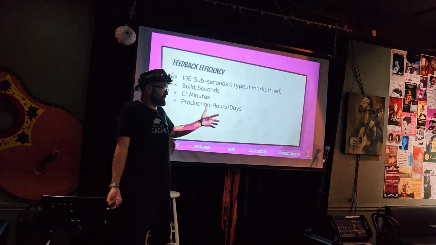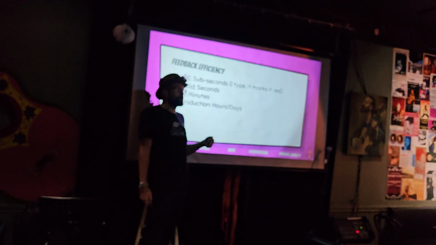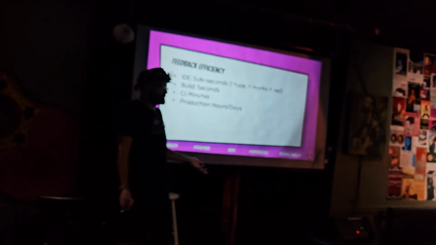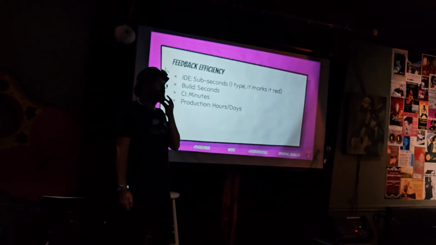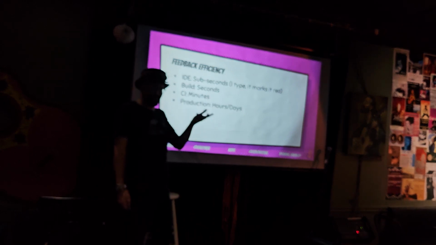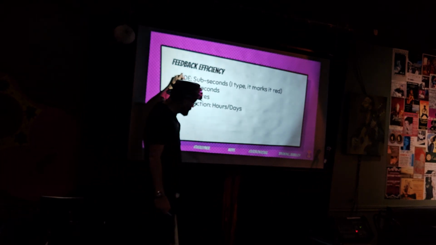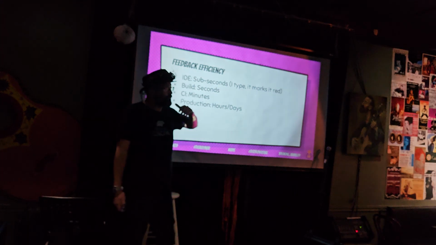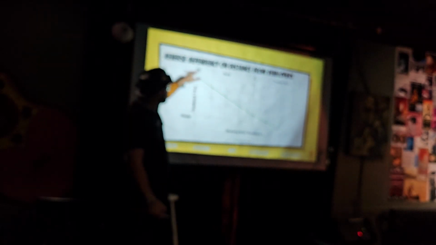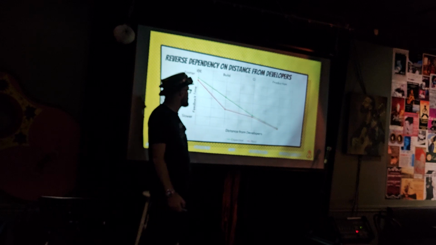I won't say who cares because we should care, but I would say it's not critical how long this feedback is because we don't really wait for it. Well, I hope we don't. Okay, I made a pull request. Next time I work is after I see this one in production and check that it works. That's not really how we do things, right? So the lower we go, the farther away it is from the developer, the less we wait for feedback. So it's a reverse dependency on distance from developers: IDE, build, and then CI and production, right?